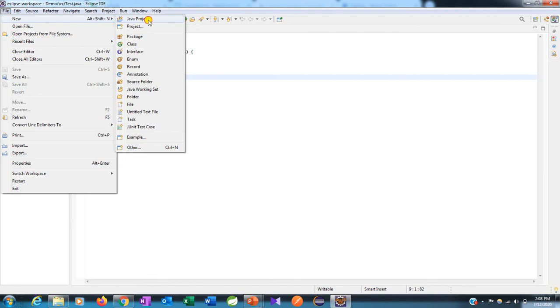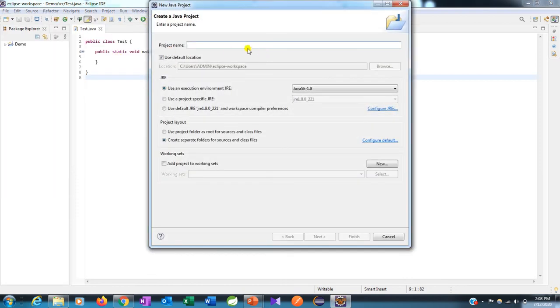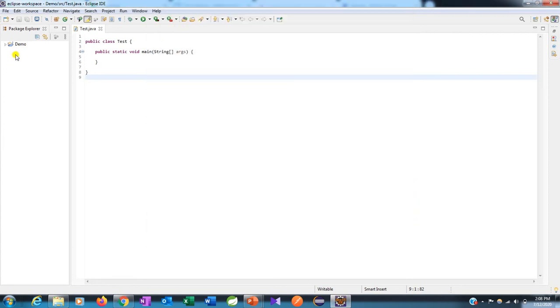Once you click on Java project, it asks you to provide the project name, and as you can see here I have Java 1.8 JDK. It's good to have version 1.8 or above installed. You need to provide your project name, click on next, and then it will give you this structure of the project.